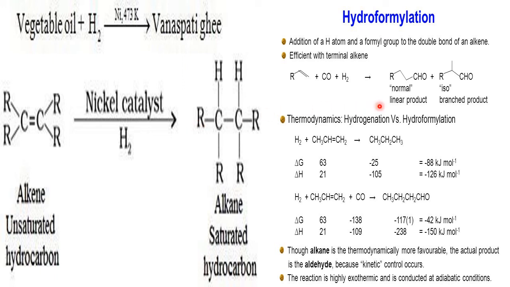hydrogen is in the hydroformylation reaction. What is the hydroformylation reaction? Formyl is the aldehyde group. To make CHO, to prepare CHO, what is CHO? Aldehyde. So to prepare the aldehyde or the carbonyl group in the aldehyde, we use this group. So creating the formyl group, creating the aldehyde group, we use hydrogen as one of the reactants to prepare some other chemicals. Therefore this is called the hydroformylation reaction.